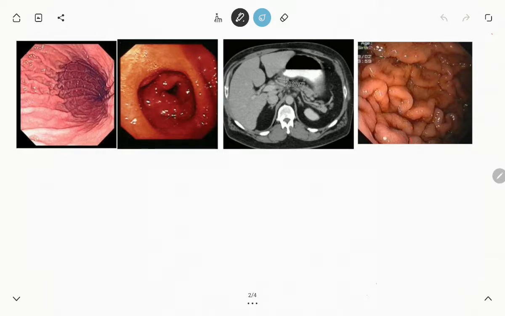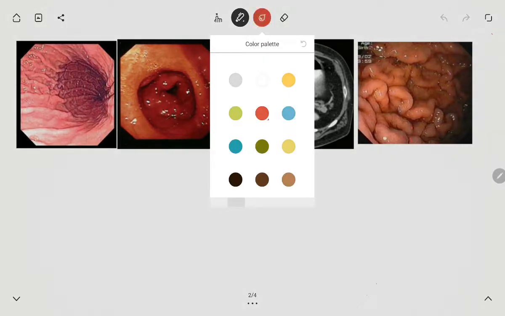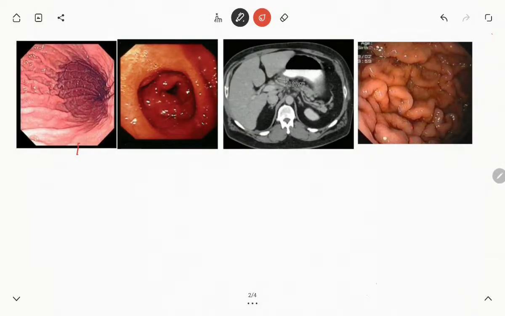In the next few minutes I'll be showing you the images of gastric sarcoids and some other differential diagnoses that you must know while studying this. First focus on the first picture, which shows you the normal upper GI finding. Now move on to the fourth picture, which shows you